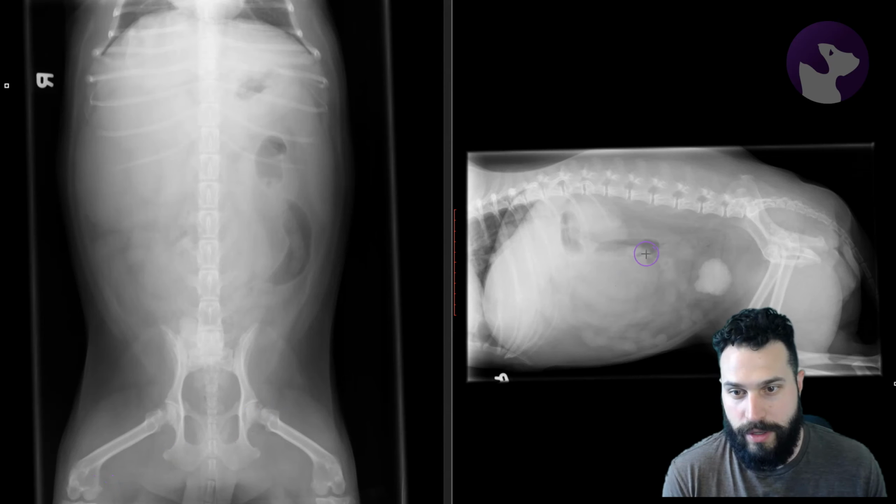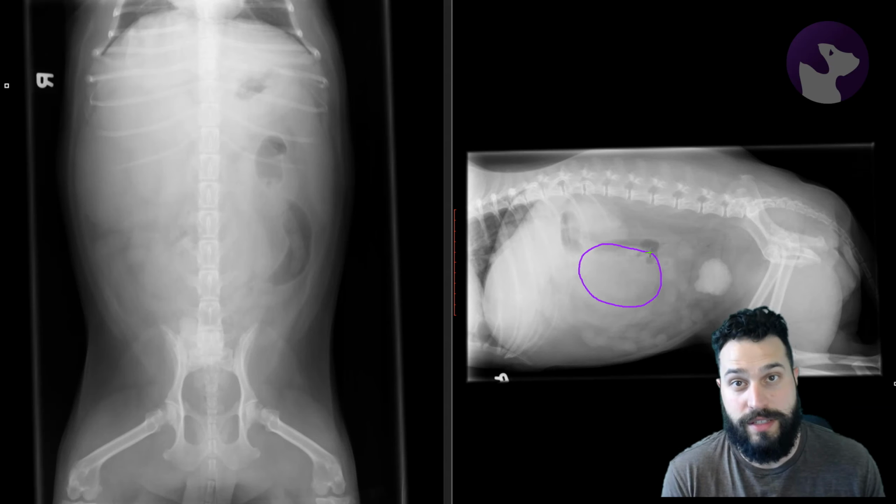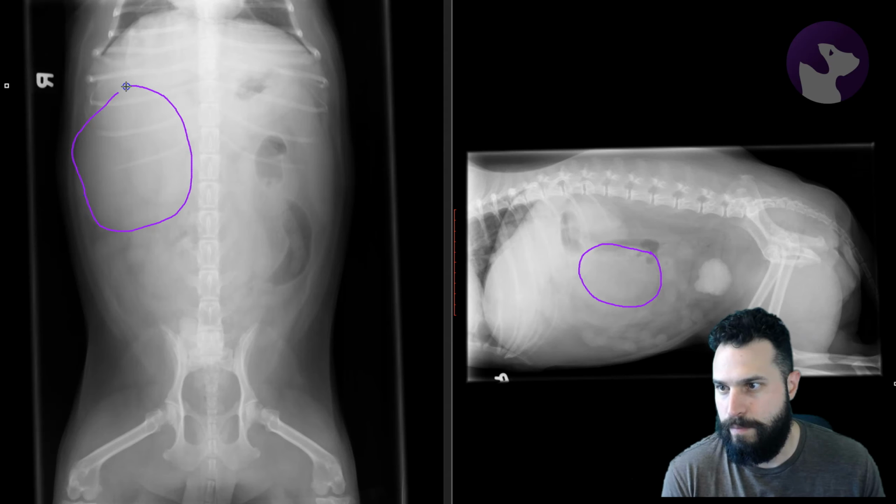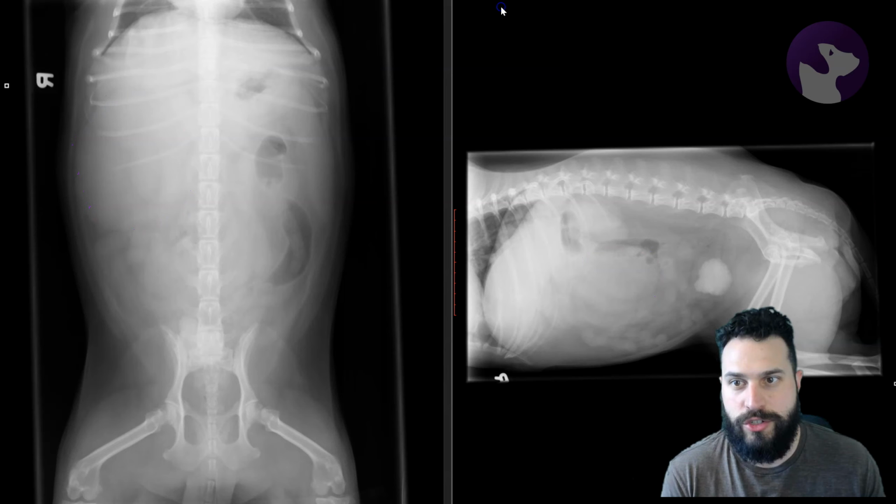So I'll draw on that for you, just kind of highlight where I'm seeing this mass. Round, soft tissue opacity that's displacing adjacent intestinal segments. It's a little bit challenging to see in the VD projection. I think that it's kind of living in this region over here. So what we need to try and do is figure out where this mass might be coming from and what